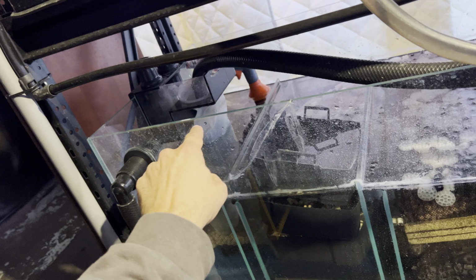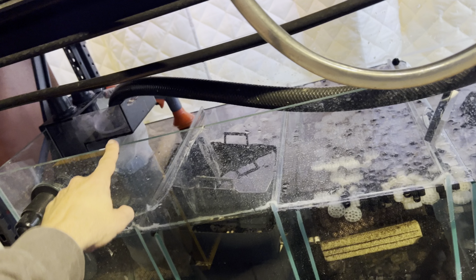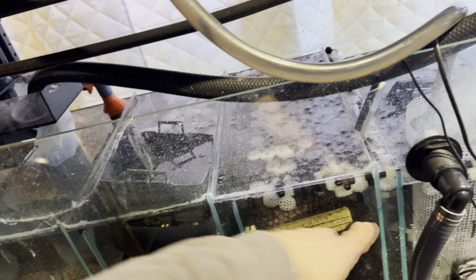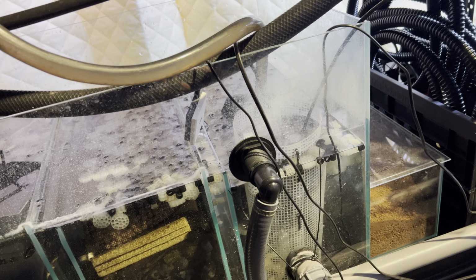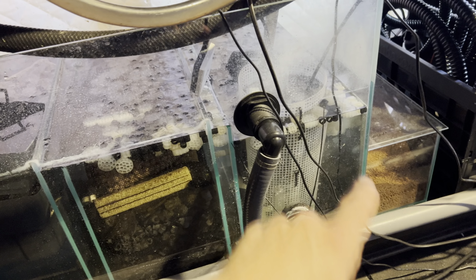We have a filter sock in there. All the water that comes from the tank will go into the filter sock, mechanical filtration, and then go here. We have a pump, and because there's K5 media in it, we don't want the pump to be clogged, so we added this mesh around it. So that's our